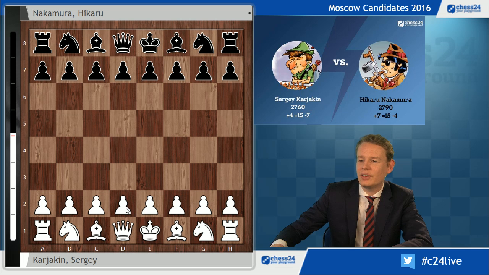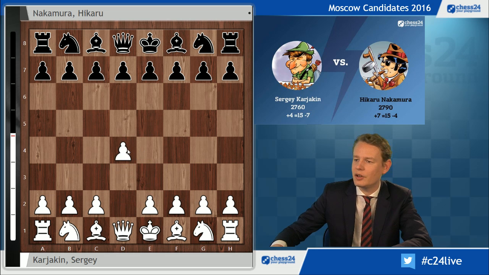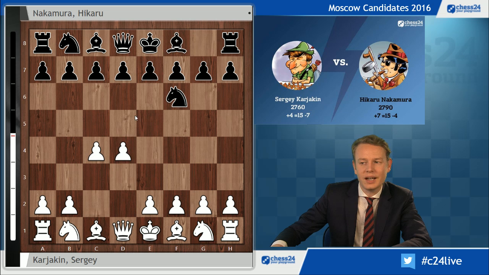Nakamura with the black pieces. Karjakin opens with 1.d4, as he did in his first round game, which he drew against Peter Svidler. Karjakin used to be more of an e4 player, but like most of these top guys, he's very, very flexible in the opening. Nakamura is flexible as well, and for this game he chooses Knight f6, c4, e6,